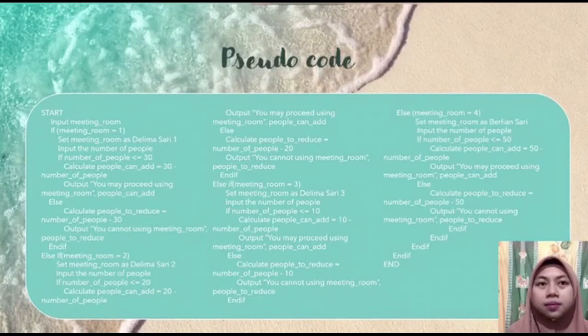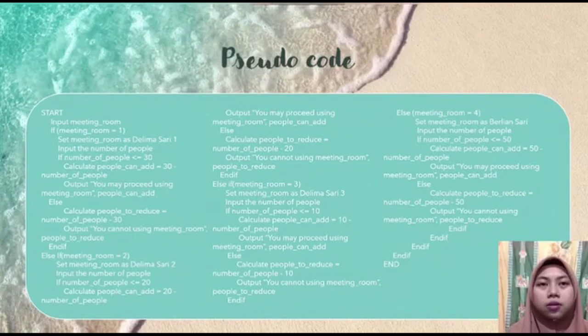If number of people is less than or equal to 30, calculate people can add by 30 minus number of people, and the output is you may proceed using meeting room and people can add. Else calculate people to reduce by number of people minus 30, and the output is you cannot use the meeting room